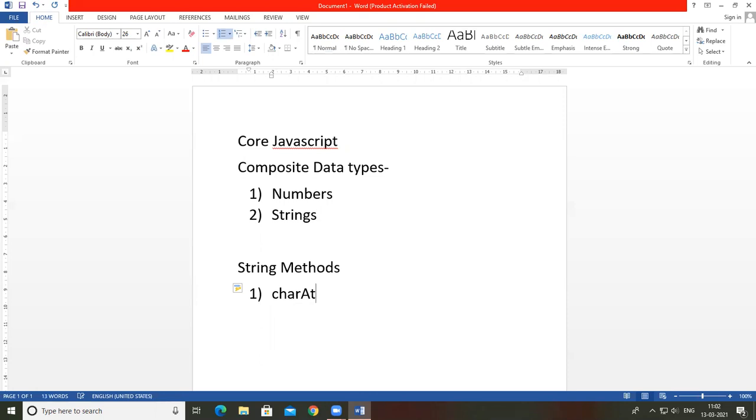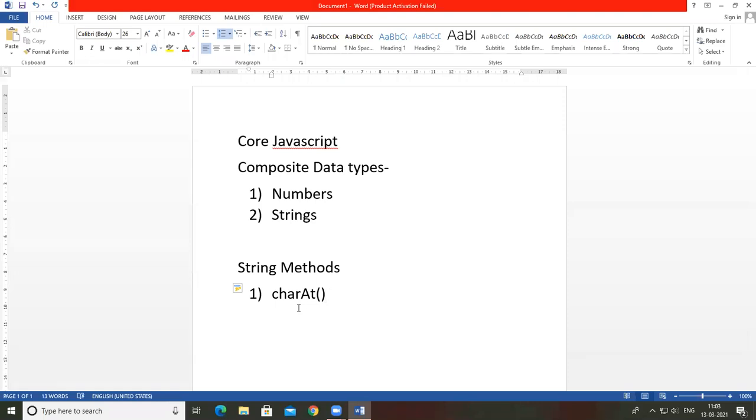charAt. So all of you know about strings. A string is a combination of letters, that means A to Z, or in a string it also includes a combination of characters and numbers. So see these methods.